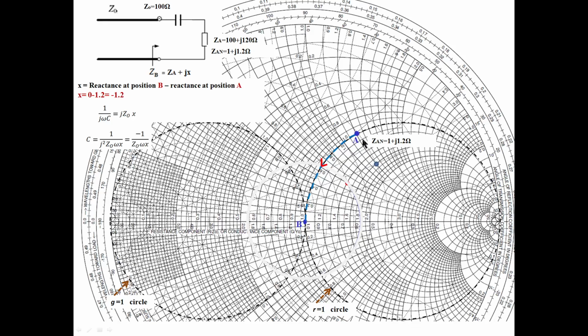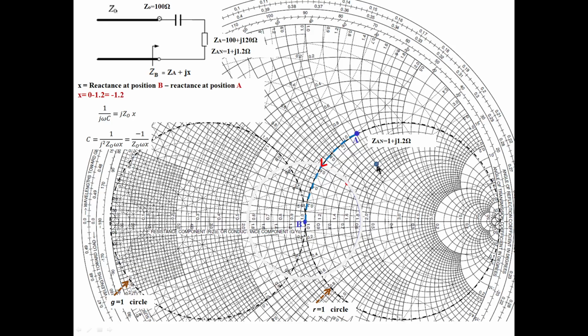You can move in the clockwise or in the anti-clockwise direction. So from the load point you move to the R is equal to one circle. I can move over a resistance circle like this, or a conductance circle like this. First reach the R is equal to one circle from our load point. If the load point is like this, even if I go like this, I could not reach the center of the Smith chart. So you should see the path, in which path I have to go.